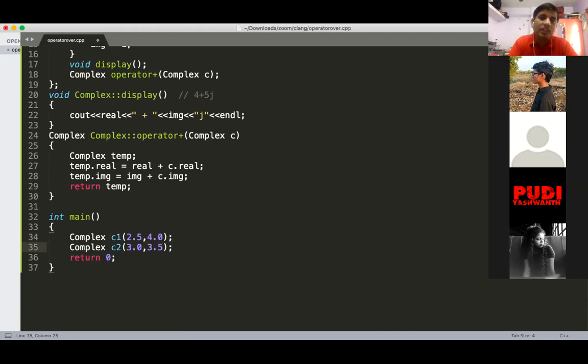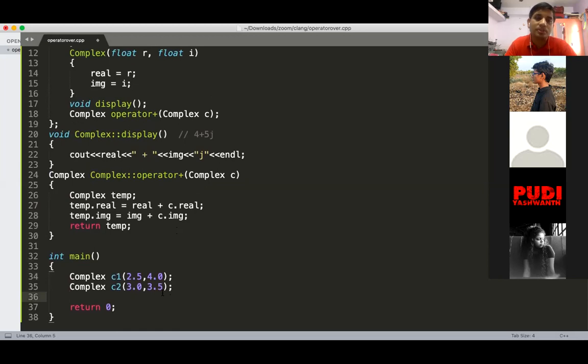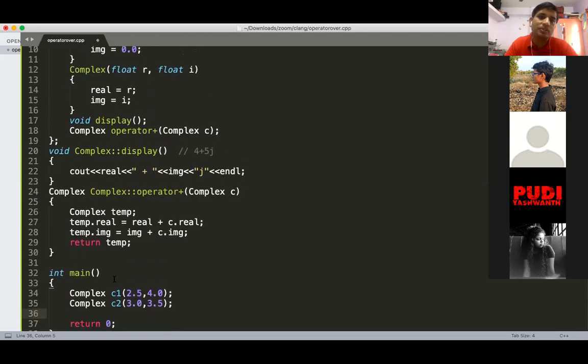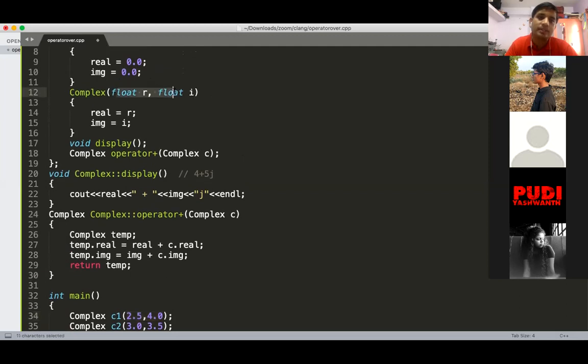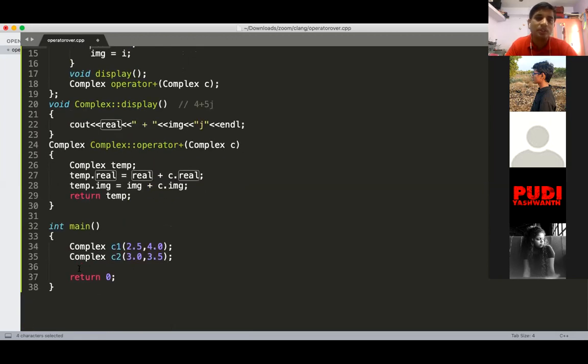Yes, the real and imaginary using the parameterized constructor. Actually I have constructed the two objects c1 and c2. You can see here I have passed the arguments, so this function will get called, and whatever we have provided here gets assigned to the real and imaginary of c1 and c2. To check whether the values are stored, we just print c1 and c2.